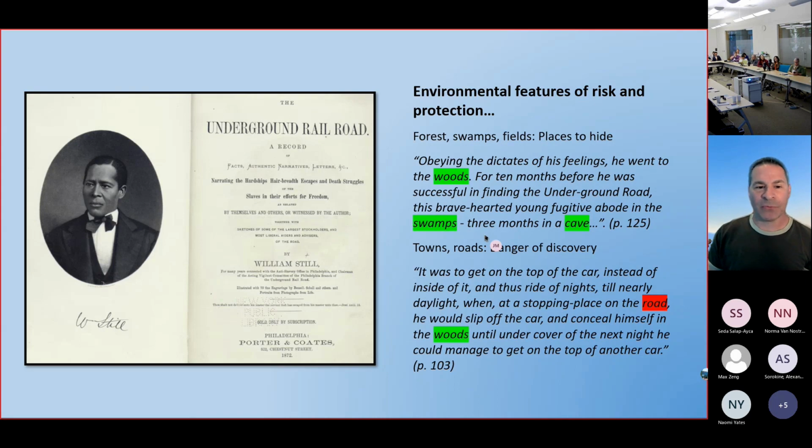And they would come to Philadelphia and see. I mean, he basically wrote down all the stories of hundreds and hundreds of escapees from slavery, many of them coming up through Maryland. And he published them in this book in 1871. And I read the entire...